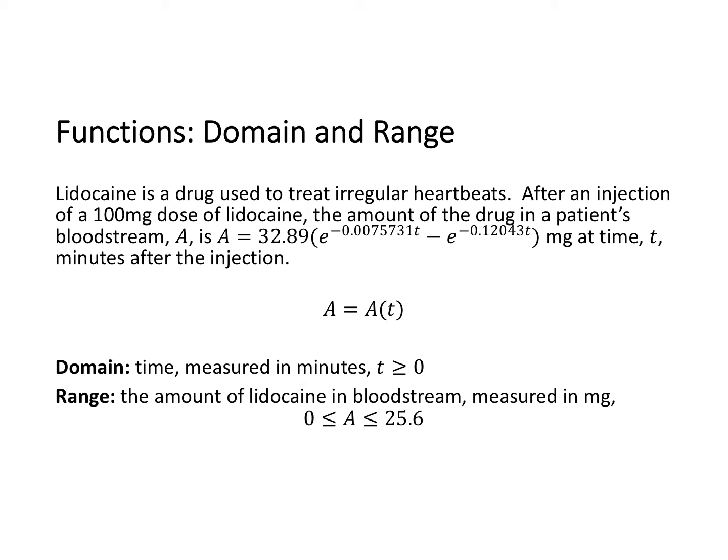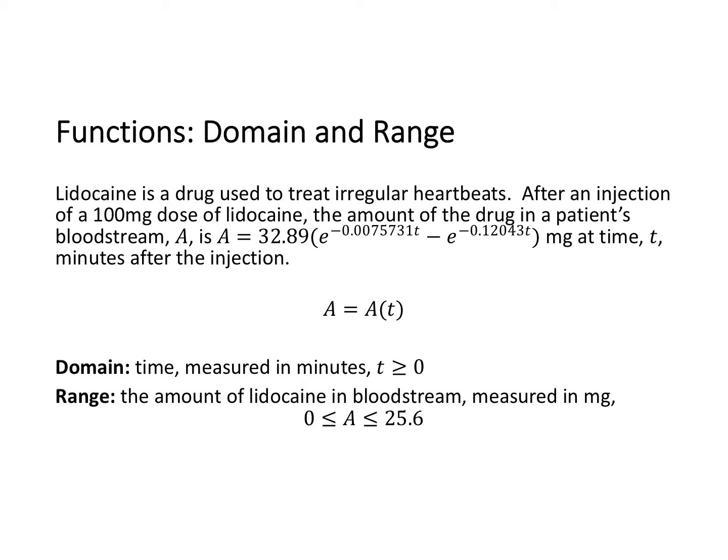And so we can actually call this function A using function notation. I'll call it A of T. So if I want to know what is the domain of this function, the domain represents all the possible t values that make sense for this problem. So if t represents the time in minutes after the injection, then it makes sense to only look at positive time because it doesn't really make sense to talk about negative time. So the domain that would make sense for this function would be all the t values from 0 minutes all